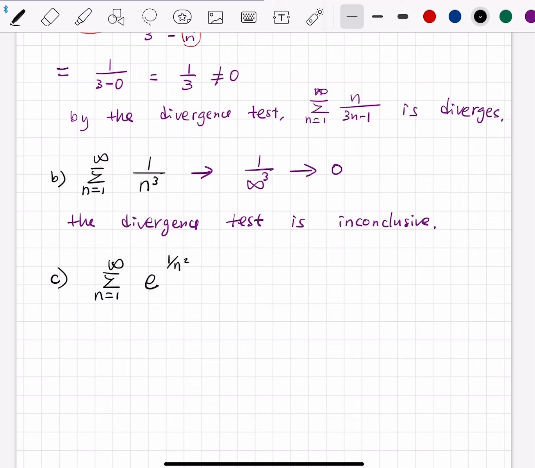So e to the 1 over n squared, if we plug in n as infinity here, we will end up with e to the 1 over infinity squared. And we know that 1 over n squared, or the limit as n goes to infinity of,